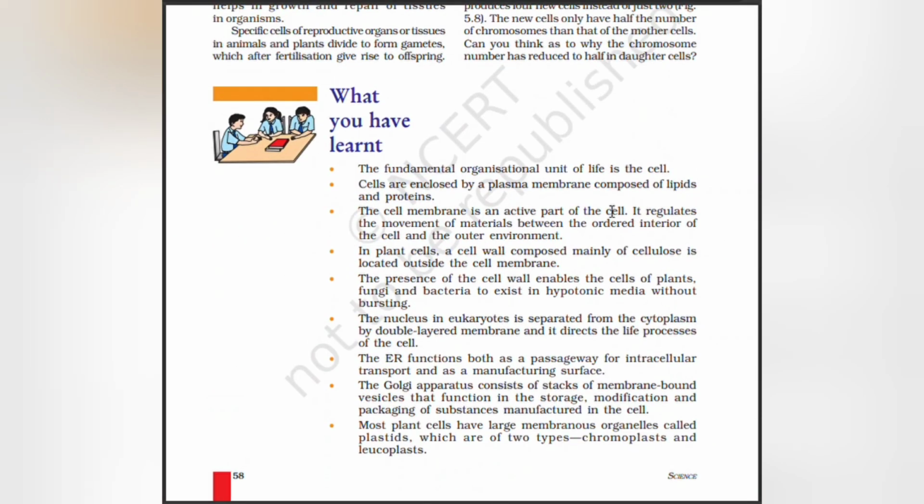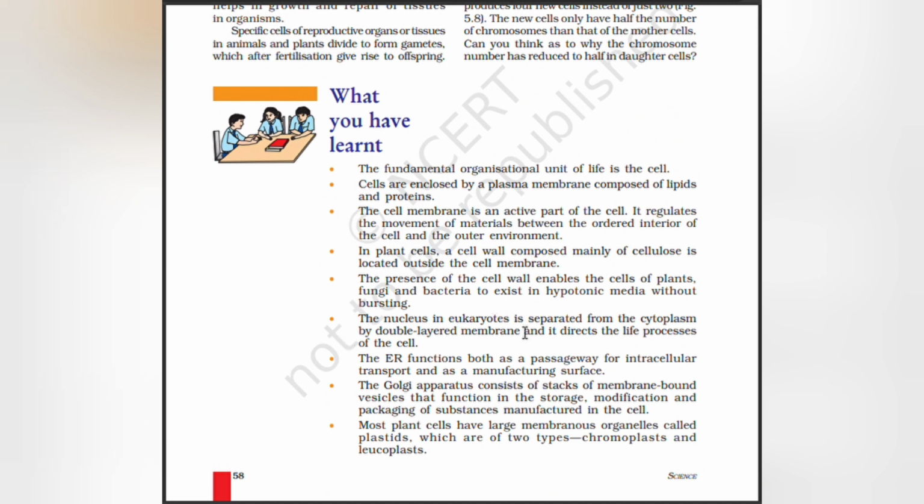The fundamental unit of life is the cell. Cells are enclosed by a plasma membrane composed of proteins and lipids. The cell membrane is an active part of the cell. It regulates the movement of material between the ordered interior of the cell and the outer environment. In a plant cell, the cell wall, composed mainly of cellulose, is located outside the cell membrane. The presence of the cell wall enables the cells of plants, fungi, and bacteria to exist in hypotonic media without